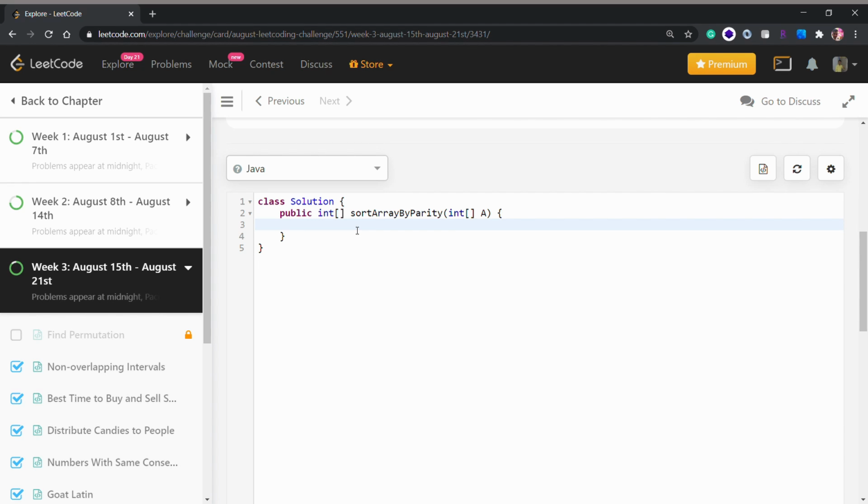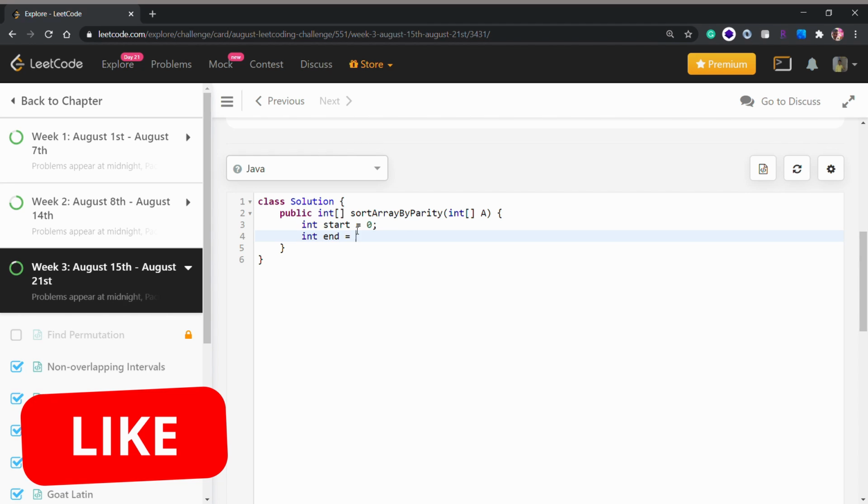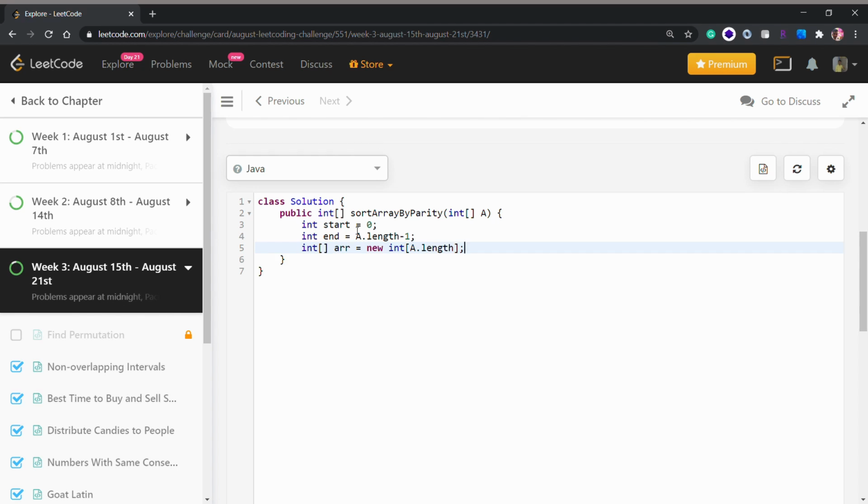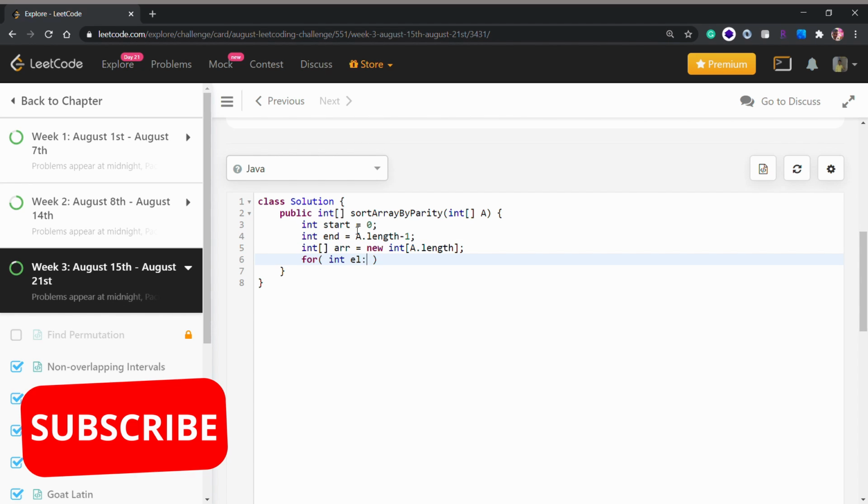What am I going to do? I will use two pointers which will point toward the start of our array and the end of our array, and I will use an extra, new array to store our values. So our integer start would be 0, and integer end would be A.length minus 1, and then we will have an integer array which would be equal to new int[A.length]. And now we will have a loop for each integer element in our